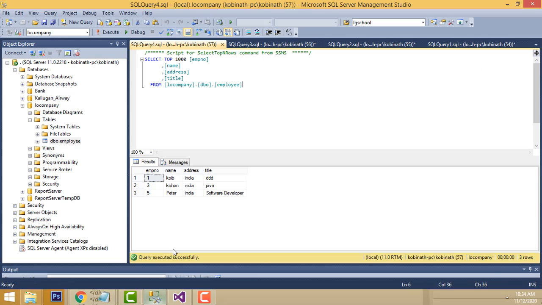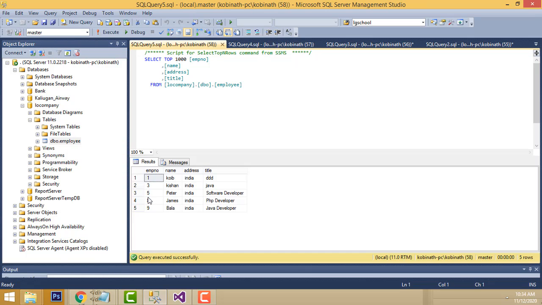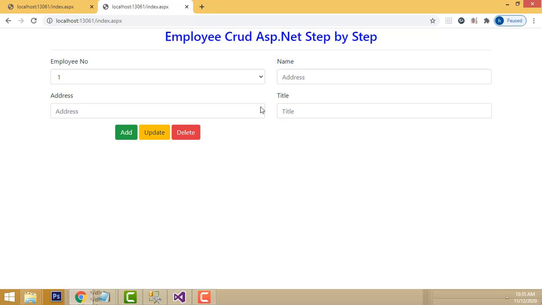Now I have added here. This is my database table. Here these are the records I added successfully. Okay. I have created the database in my SQL Server. This is the database name, Yellow Company. This is my database table. Okay, so if you want to edit or delete the record, here I have